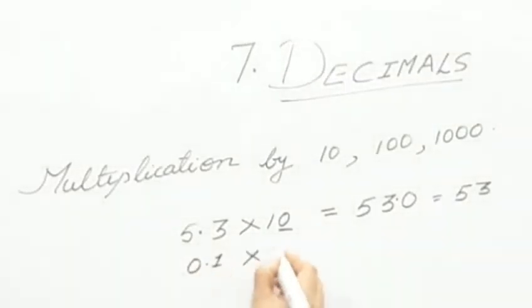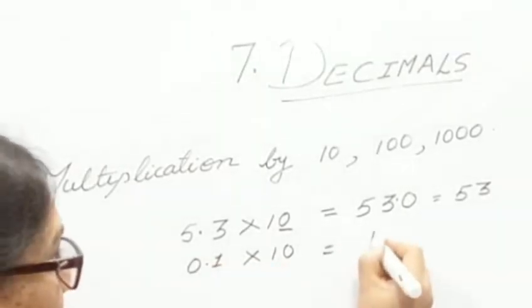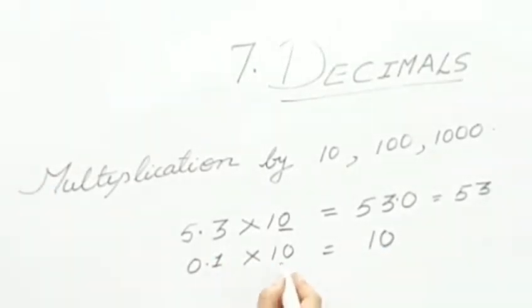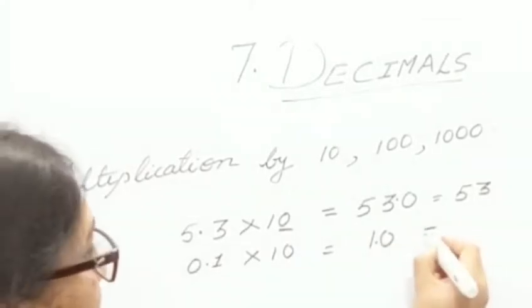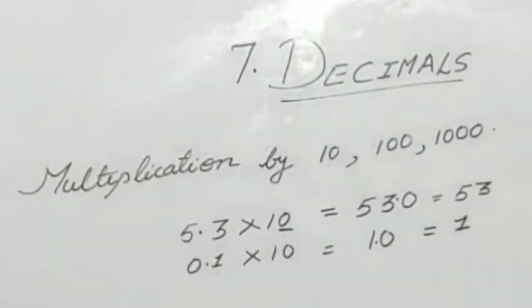0.1 into 10. First multiply the whole number, 1 into 10 is 10. Then according to the number of zeros, here one 0, so the decimal point shifts one place to the right. So it becomes 1.0. Hence the answer is 1. Some more examples,